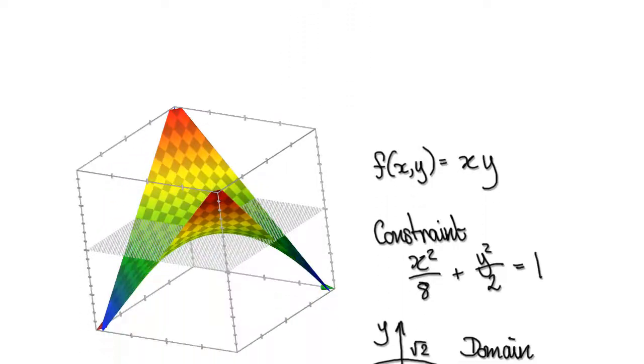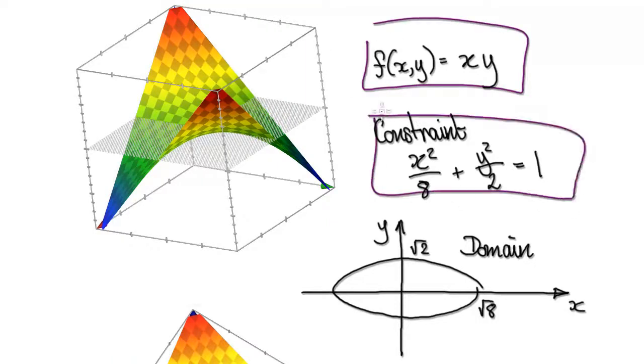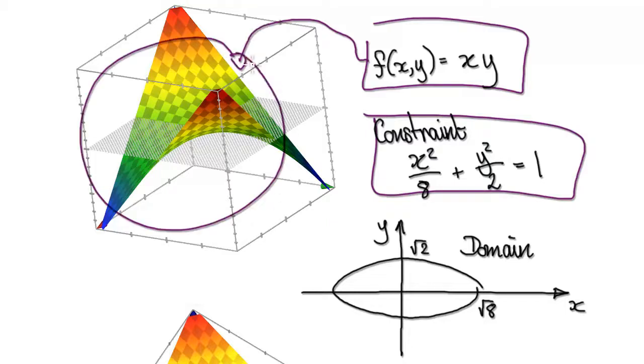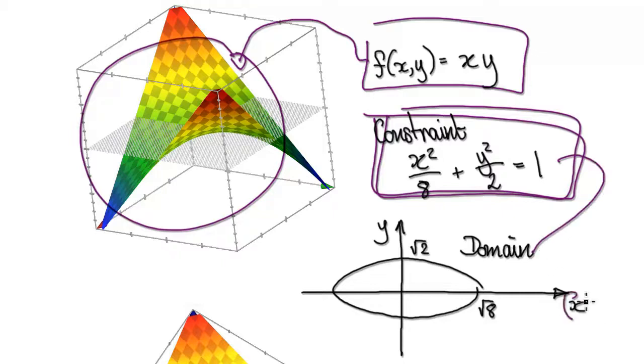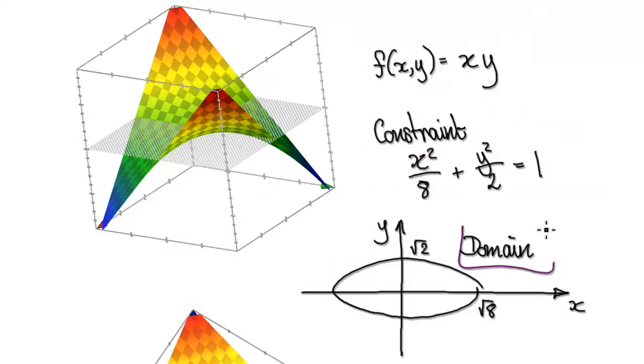In this video, we're going to develop a way of finding out the greatest and the smallest values of a function for a given constraint. So this function here is a surface living in 3D space. This constraint here is living in a 2D plane. So it's just your x and y, and you always have to satisfy this, meaning your domain is